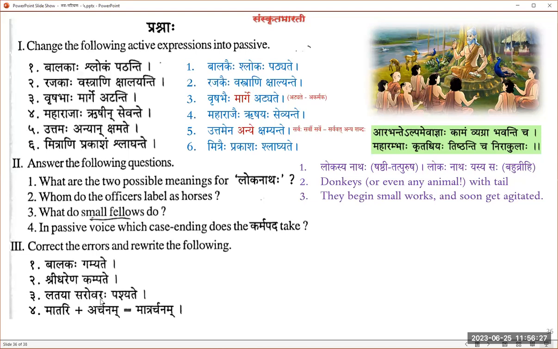Well done. Now stay unmuted and correct the error in the first of the followings. Balakaha gamyate, balakena gamyate. Or another way? Balakaha gachati. Well done. Your knowledge is very clear. So you can either correct that as balakaha gachati if you wanted to correct the kriya pada, or balakena gamyate. In the exam, if you know both, present both. The evaluator will be happy. This person knows his marbles. So kartari and karmani vakya both we have put so that there is no confusion. Okay. Thanks, Bhagini. Well done.